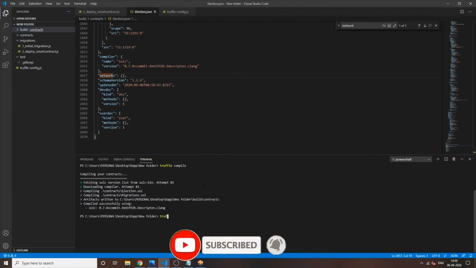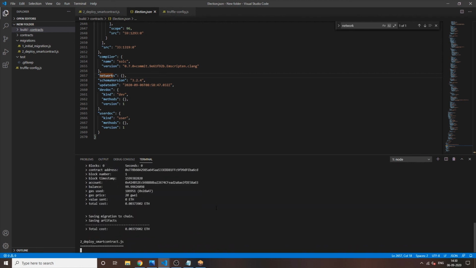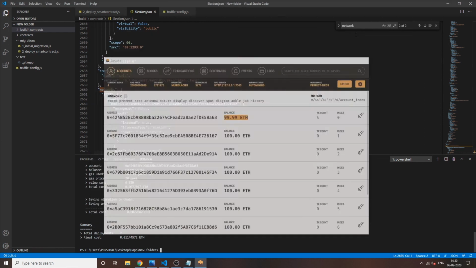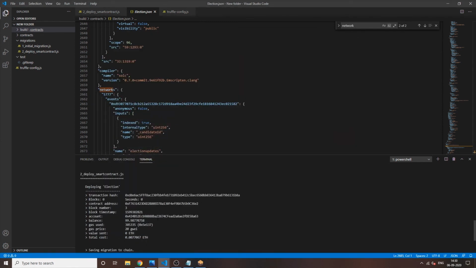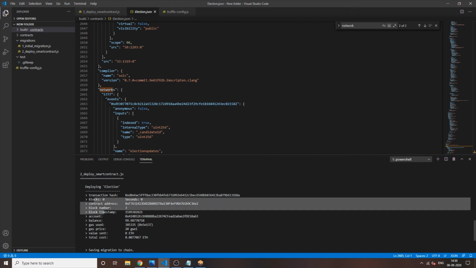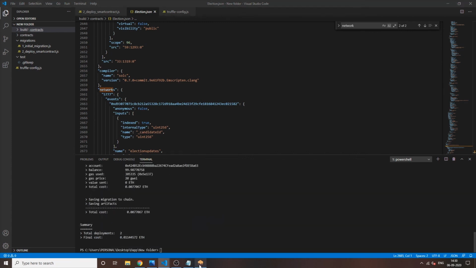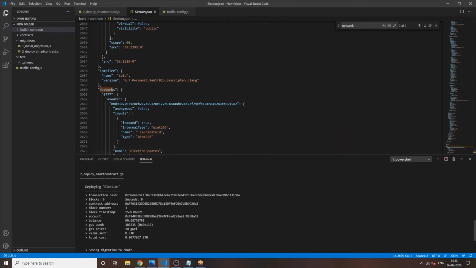When we migrate it, it will show a lot of information to us. Let us migrate. So what does migration do? Migration is the main deployment to Ganache. Truffle here is deploying our smart contract to the Ganache local blockchain. It will use some gas fees from the first account of Ganache, and you can see that it is showing less ether because it is deploying. It has used some gas fees to deploy the smart contract, using the virtual ethers given by Ganache.